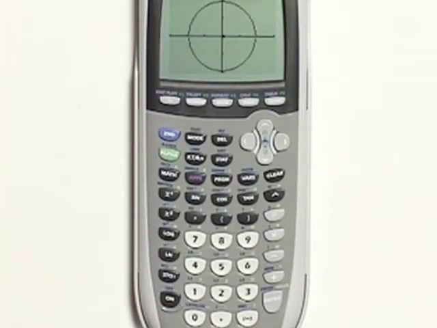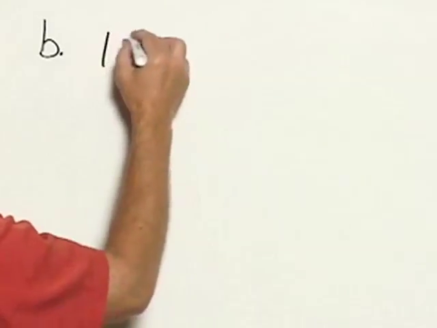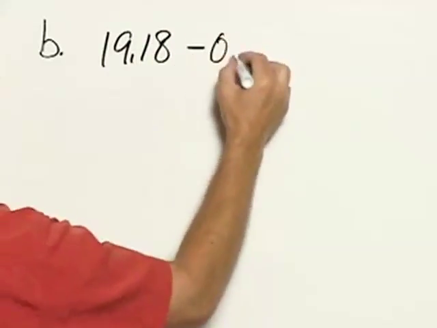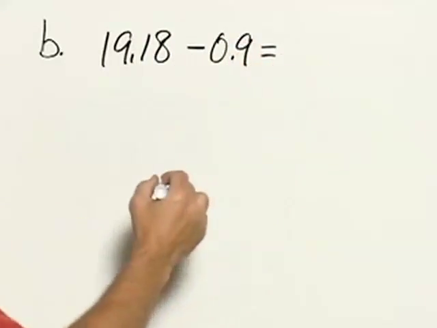So now let's go to the board where we can actually do this calculation to figure out what that minimum distance for the orbit is. So let's do that calculation on the board. It's 19.18 minus the 0.9, and that's equal to